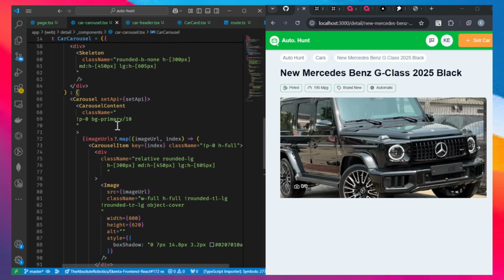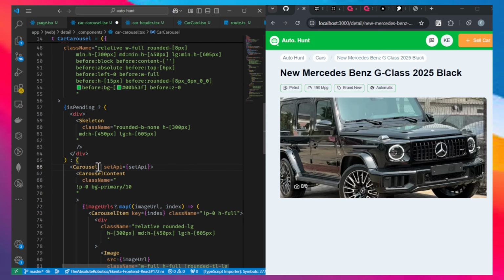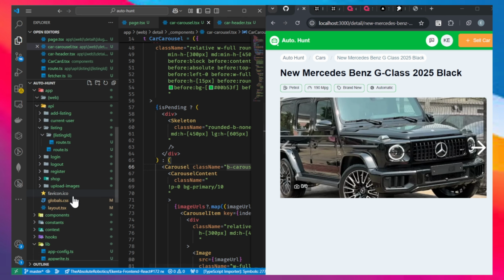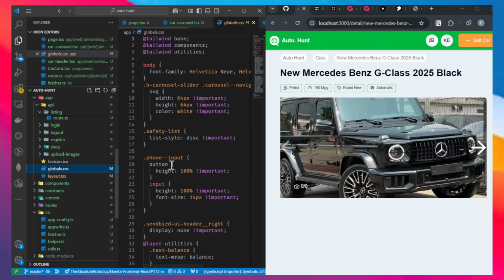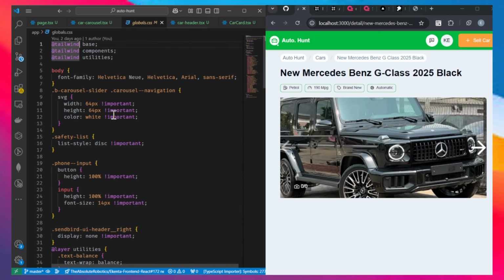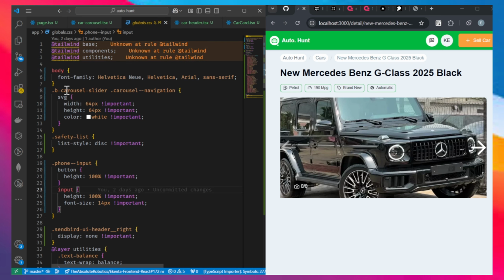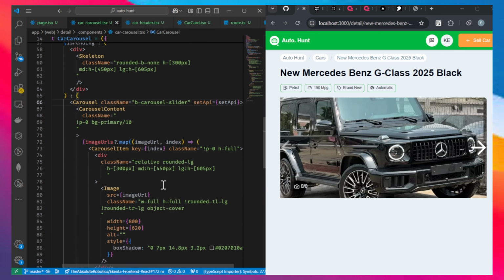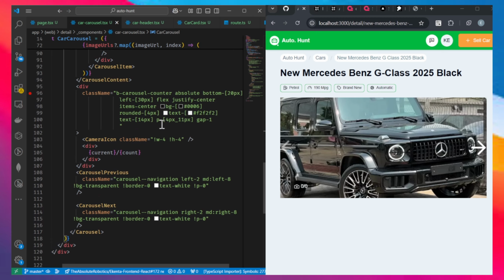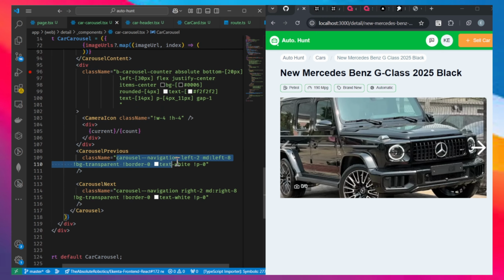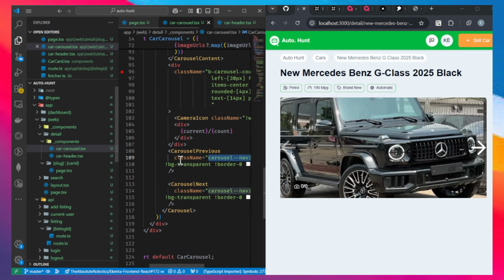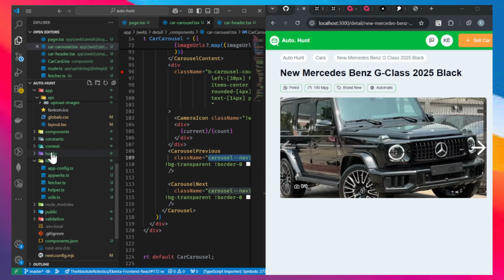I want to give the carousel a class name of b carousel slider, and we set this inside the global.css, and we can see we have the b carousel slider and then the carousel navigation, which we set here as the custom style. Then I'm going to go into my UI folder,